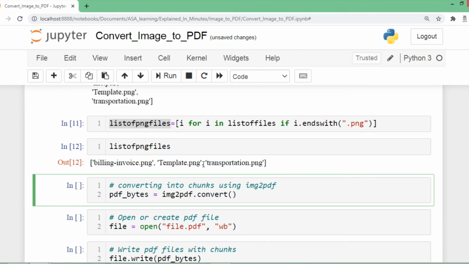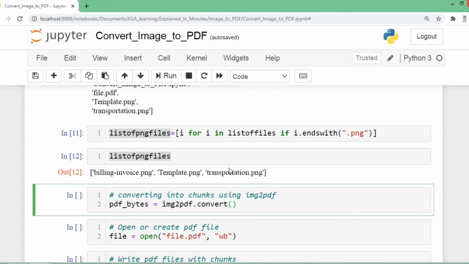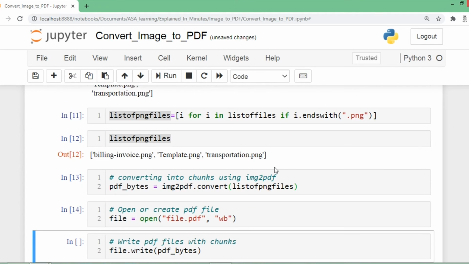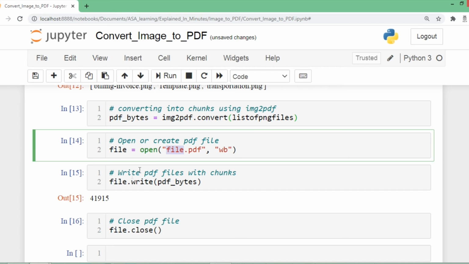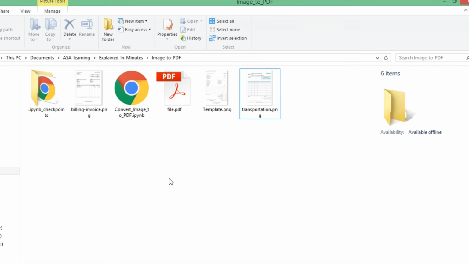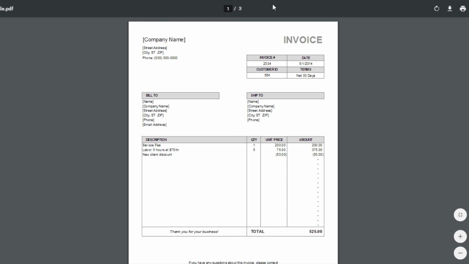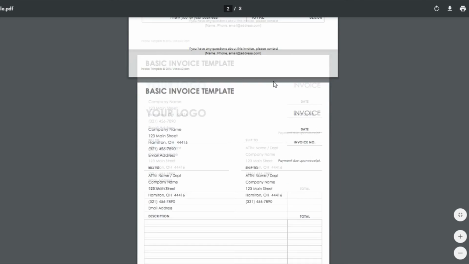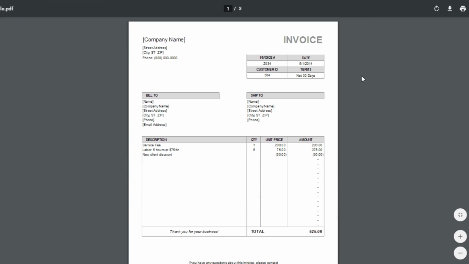Hence the other process is the same which you saw for a single image. All we are going to do is to pass this particular list of image files to our image to PDF library. So this is our filtered out list. I'll give it here. I'll run everything. I'll have closed the file itself. Again, this particular file.pdf should have been overwritten with 3 images now. Let us see. I'll open this in Chrome. Absolutely. All our 3 images have been converted to a single PDF here. So you have 3 pages with 3 images clubbed into a single PDF file. How simple, isn't it? And with that note, we have converted multiple images to a single PDF file.